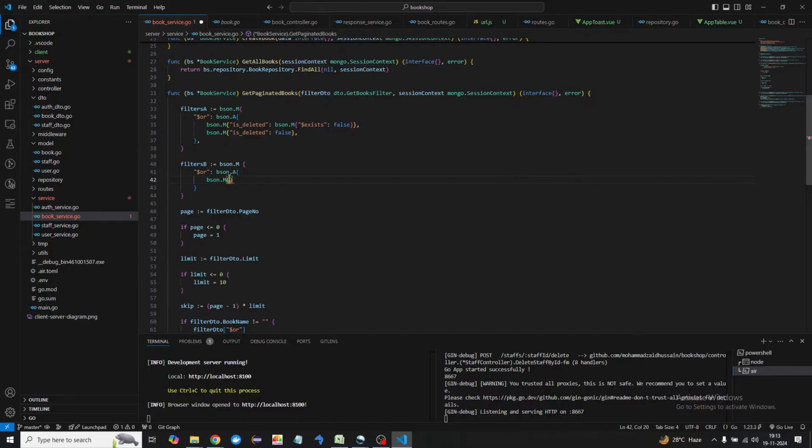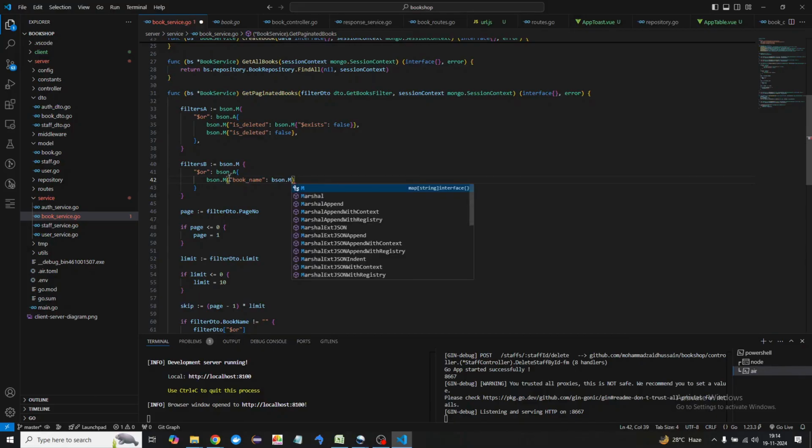And what should be the condition actually? So I will say, okay, we have book name as well over there, so I'll say book name, and then here I'll say this is going to be, let's say, bson.M once more,